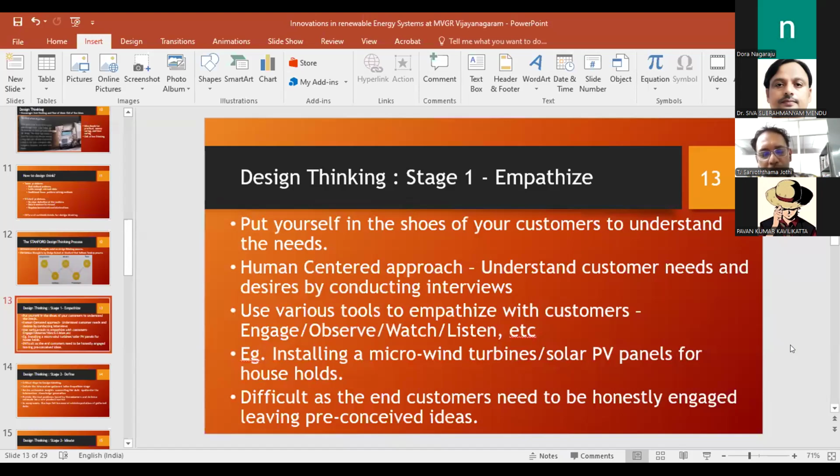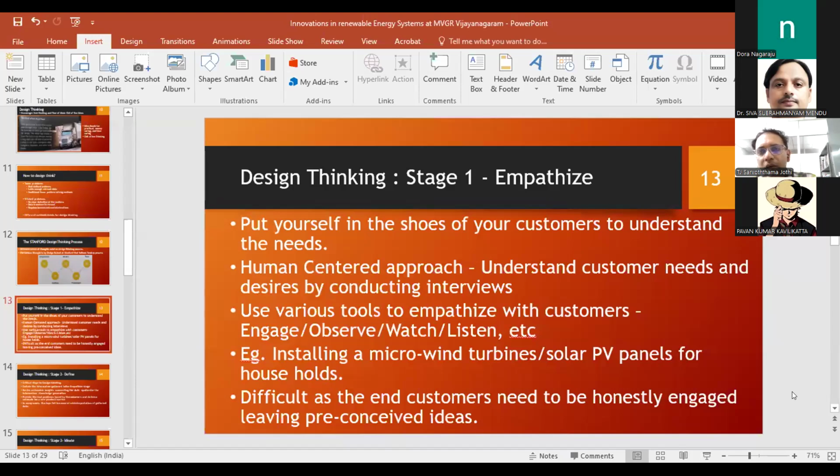Smaller scales, where the customers directly come into the picture. In the power sector, we already know that there is a demand, a power requirement throughout the world. So empathizing is not required in such scenarios, because I need the power from some source. Different sources are being utilized for power generation.